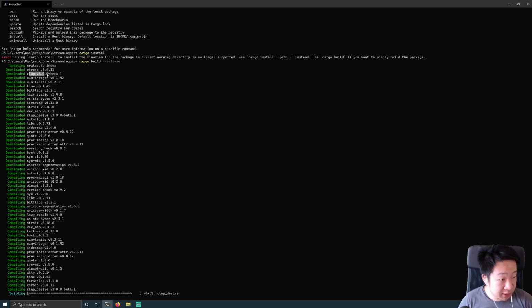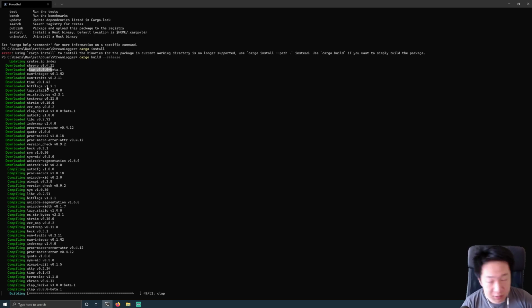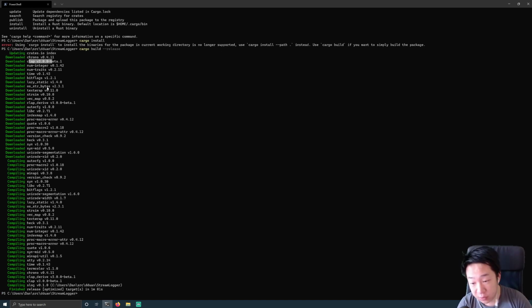I'm using the beta version of Clap 3.0 because I'm using this amazing macro-based interface where you just decorate your structs with information and even docstrings, and then your command line interface is generated based on your annotations as well as the docstring, which is amazing. So if I go to target release,